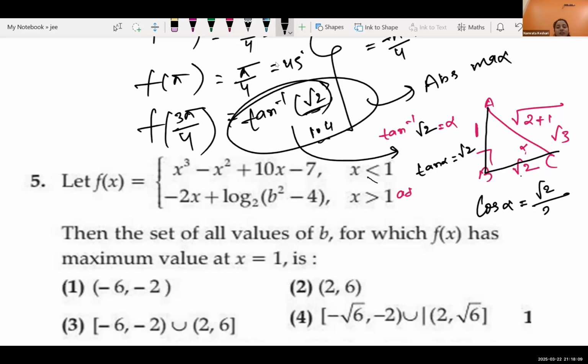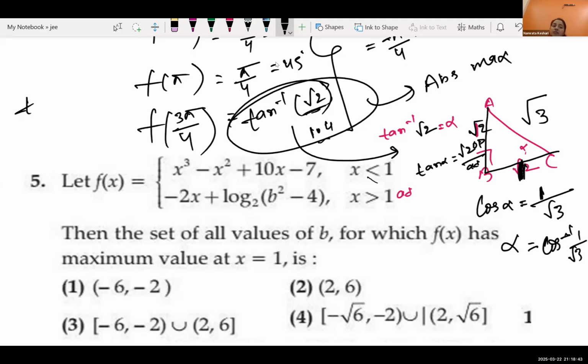And here we will again have the same opposite over adjacent. Opposite is root 2 and adjacent is 1. We will do the calculation for the hypotenuse, and we will be getting root 3. Cos is adjacent over hypotenuse. Our adjacent side is 1 and hypotenuse is root 3. Alpha will be cos inverse 1 by root 3, right? Instead of tan inverse root 2, we can also write it as cos inverse 1 by root 3,